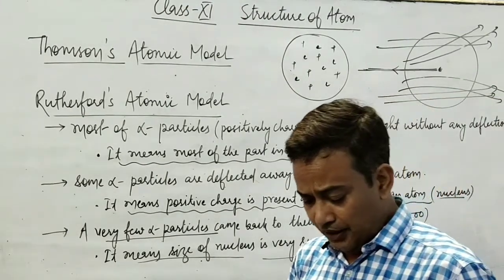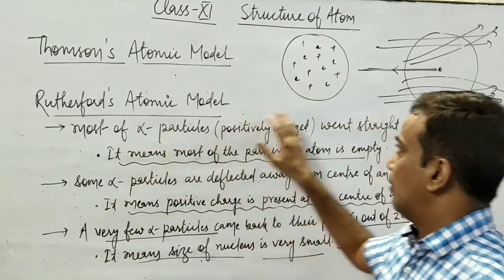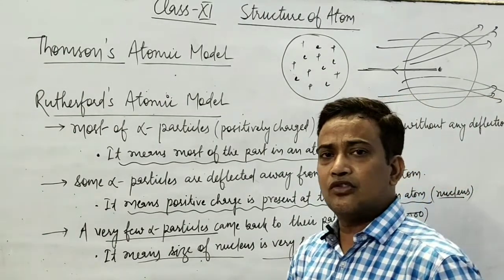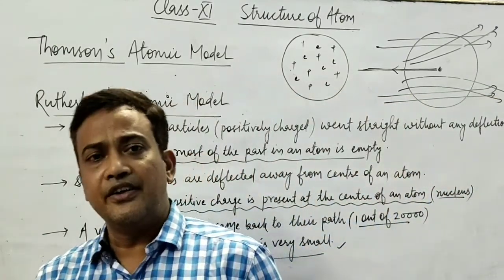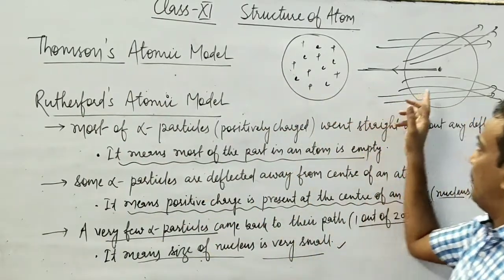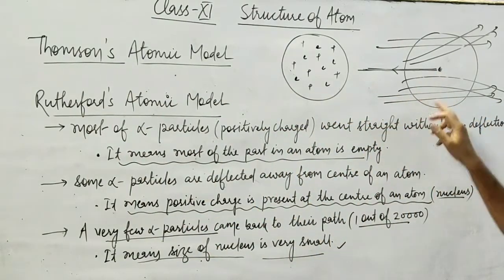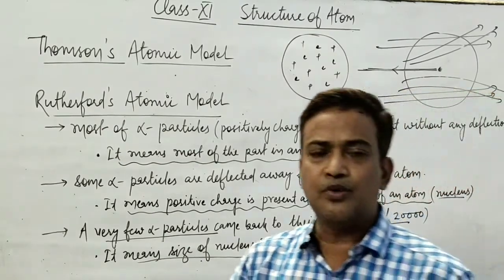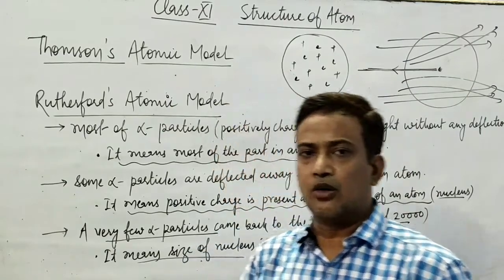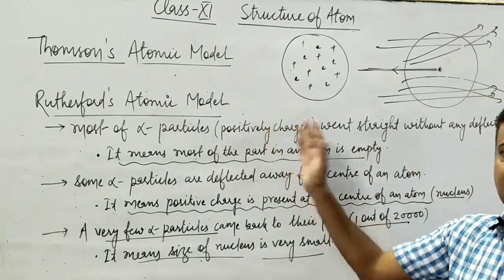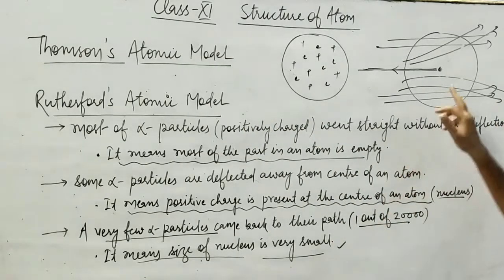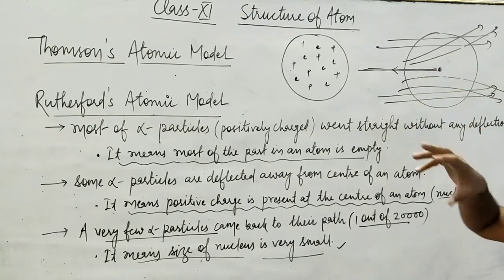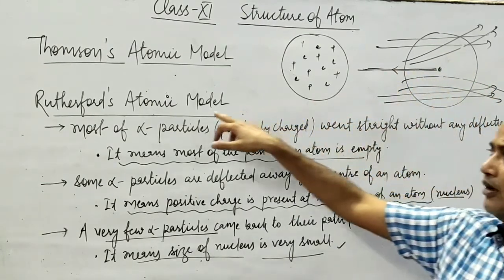According to Rutherford's model, protons and neutrons are present in the nucleus of an atom and electrons are present surrounding the nucleus. The remaining part of an atom other than the nucleus is known as the extranuclear portion, and electrons were assumed to be revolving around the nucleus. Protons and neutrons are in the nucleus and surrounding the nucleus electrons are revolving in fixed circular paths according to Rutherford.